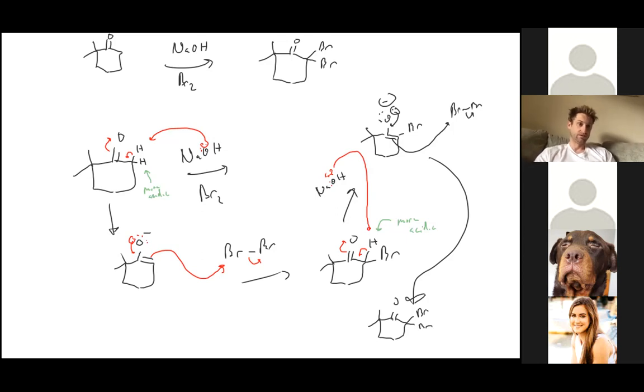So it's going to want to go at that center again. If you were to try to do this in just one equivalent of base,